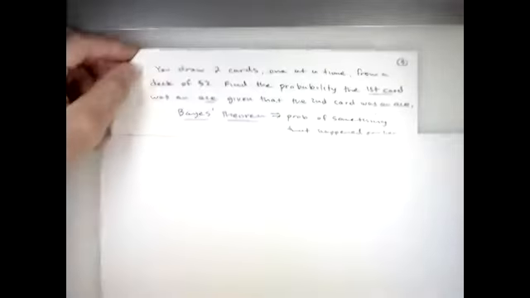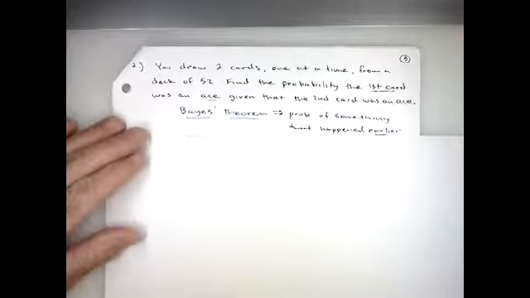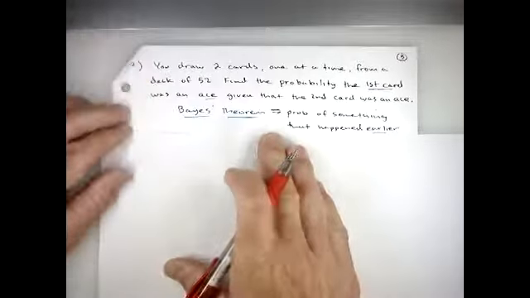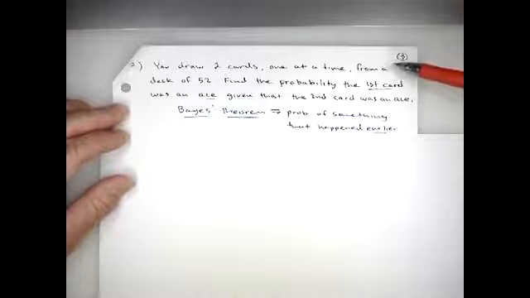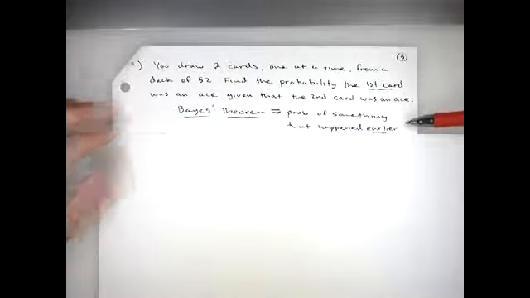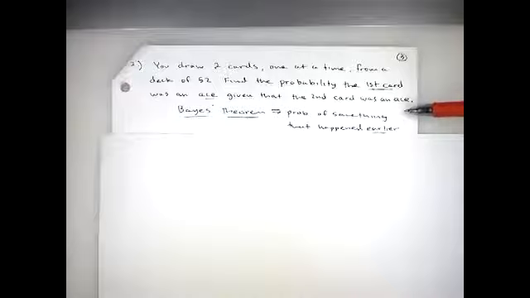This one's not a biological example, but just to give you another scenario. Let's say you draw 2 cards from a deck of 52, one at a time. And the question is, find the probability that the first card was an ace, given that the second card you drew was an ace. And one of the cues that you can anticipate using Bayes' theorem is oftentimes